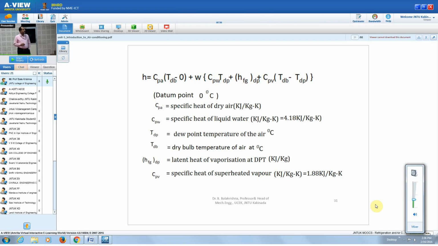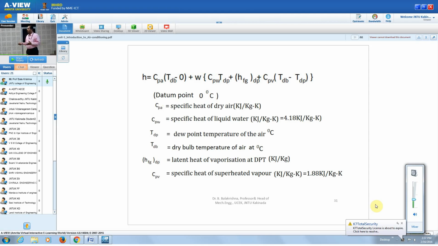TDP is the dew point temperature, TDB is the dry bulb temperature of the air at 0 degrees centigrade, and this is the HFG at the dew point. I think you know the HFG, right? What is HFG? It is the latent heat of vaporization at the dew point. I think earlier we calculated it in the steam problems. HFG is the latent heat, the enthalpy of the liquid plus vapor,